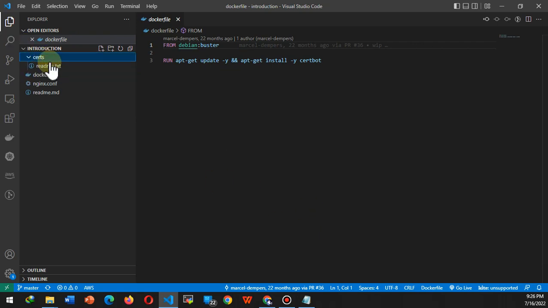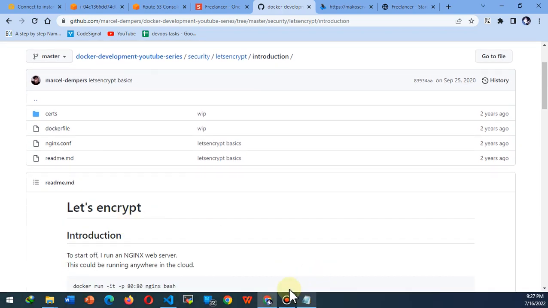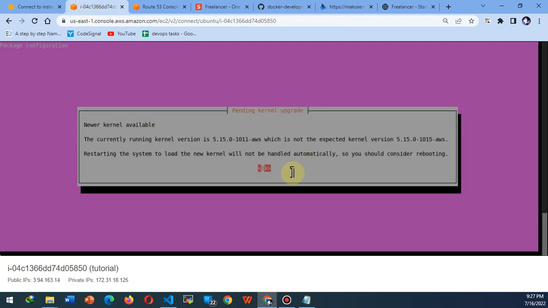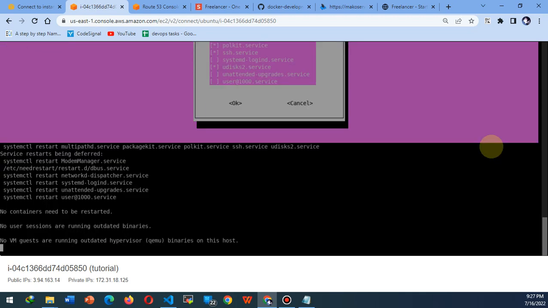So this is the folder which is required in order to renew your certificates. All of your certificates would be in here, so you don't need to delete them, or just keep them in persistent storage or NFS storage, any storage where you would not lose your certificates. So that's it. Let's get back to our instance. So it's asking me, I will say okay and okay. So let's just clear,